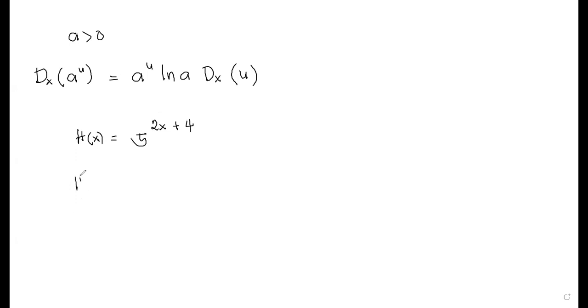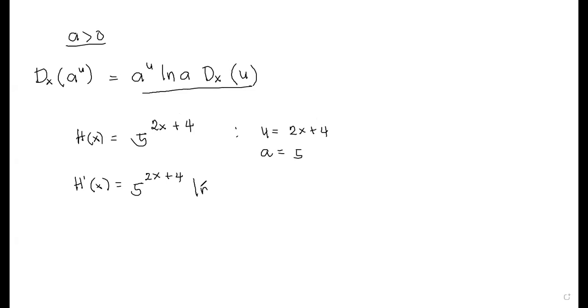So if we wish to take the derivative of this one, guys, this is very easy. We just have to follow this pattern here. Remember that our u is equal to 2x plus 4, and our a is equal to 5, which satisfies this condition because 5 is greater than 0. And then we're just going to follow this pattern. So we have 5 to the 2x plus 4, ln 5, dx of 2x plus 4. Please take the derivative of the term right after dx. Those terms after dx, guys, give you the instruction that you need to get the derivative of that expression. So if we wish to continue doing the process, we have